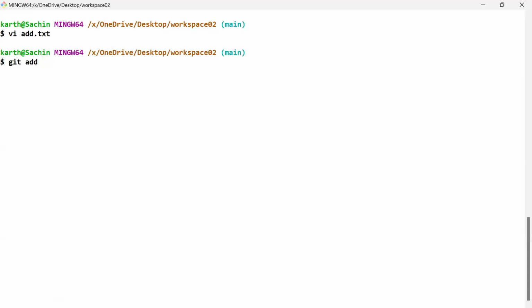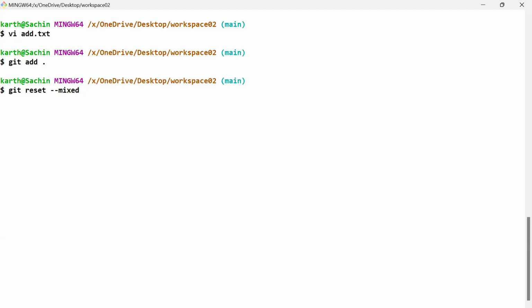The moment I do git add, as you already know, a temporary head reference is created and the file is copied from working area to staging area. Now I want to undo these changes. How can I do it? I just use git reset, and if I use hyphen mixed,